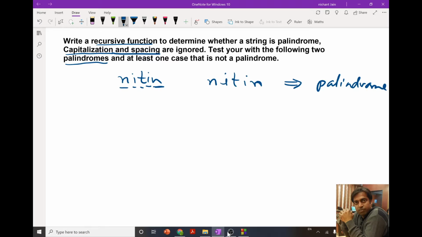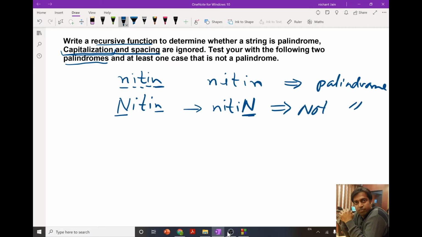Now, with capitalization, it means that even if it is written like this, the reverse is different, because in programming small and capital characters are considered different since they have different ASCII codes. So if we do not avoid capitalization, the reverse will be Nitin with a capital N, and hence it will not be a palindrome.